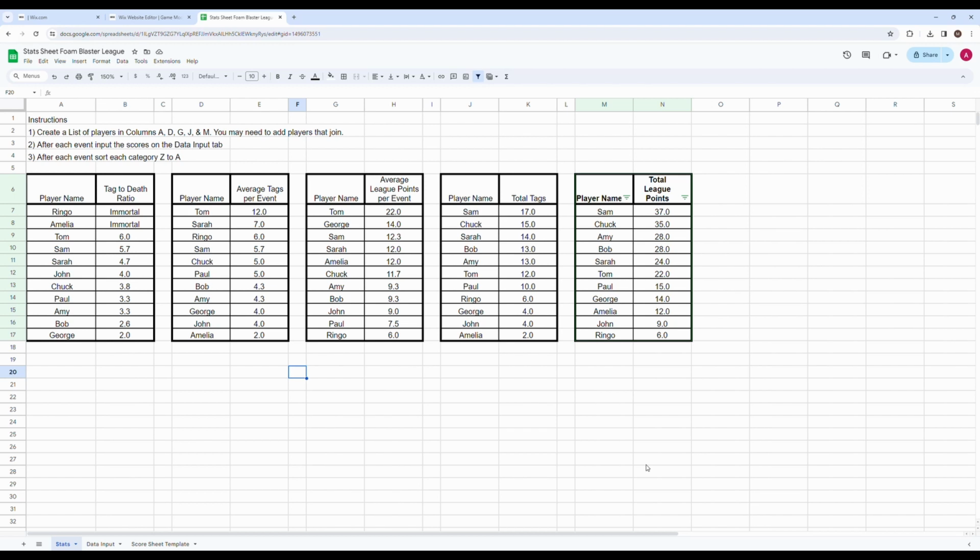If you want different stats, you might need to collect some additional data and also modify this Google Sheet. Part of the reason I picked these stats is because if players aren't able to attend every event, then having some of these average stats helps players still be competitive, even though they might not get to play as often. So a player like Sam, who in this instance has 37 league points,